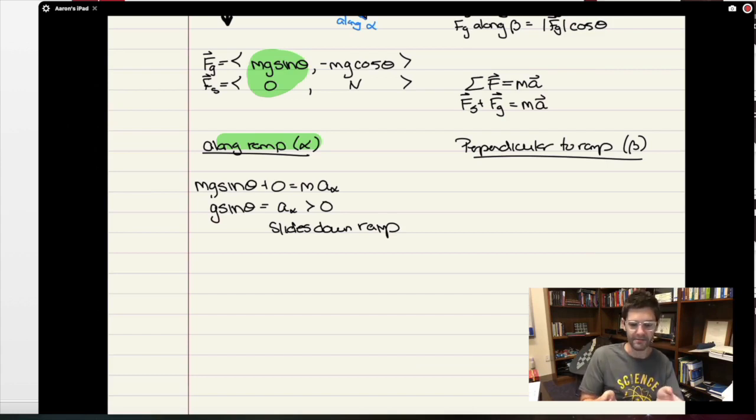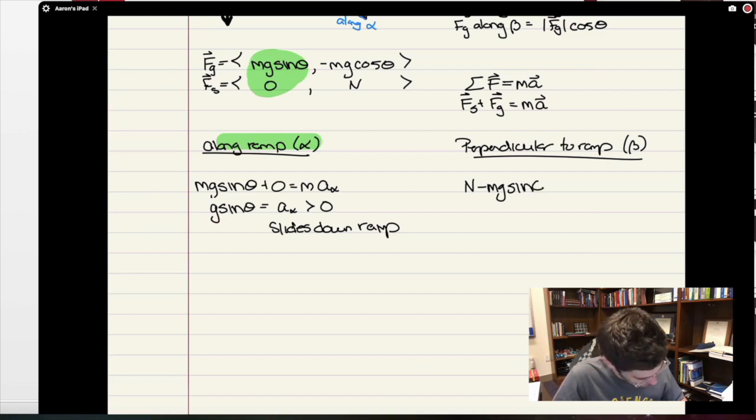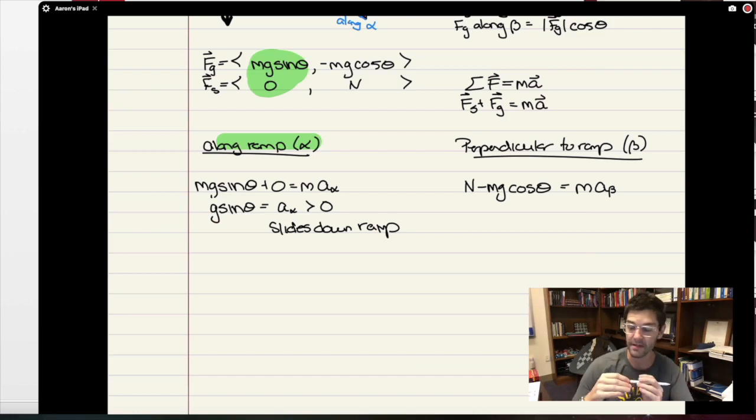I could think of this now as a 1D problem. If I just looked along the ramp, this is a 1D problem along the ramp with this acceleration. In the perpendicular direction, I then have n minus mg cosine theta equals the mass of the box times the acceleration in the beta direction. Which again, we can think about this and say, okay, if the ice is sliding down the ramp, or the box, or whatever it is, I think it was ice,